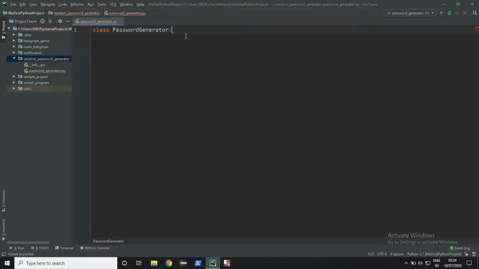Now here we will initialize the variables in the constructor. Here I am going to supply two parameters. One will be charset and the other will be length. Here charset is the type of password the user wants, like the password should include uppercase, lowercase, digits, symbols, like that.